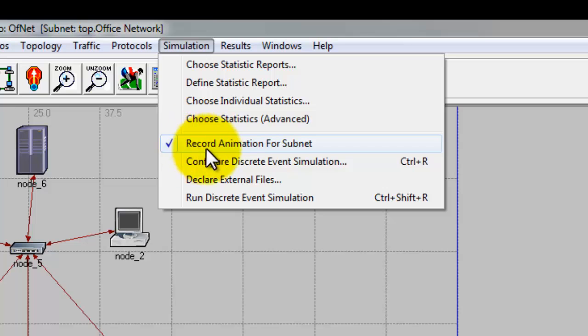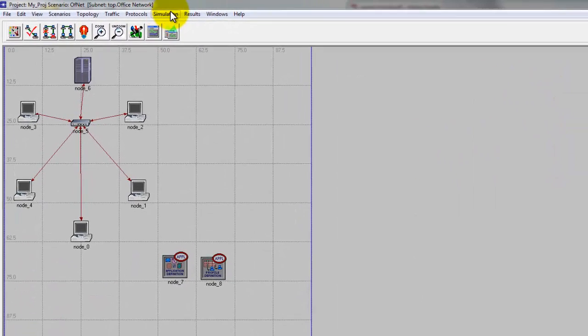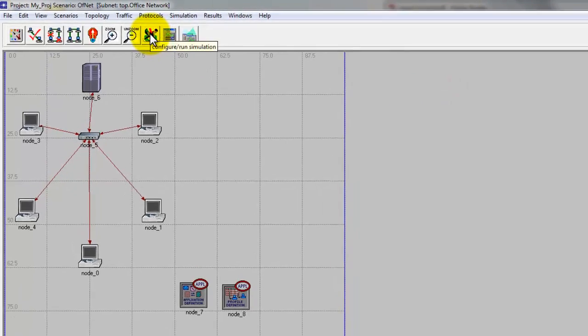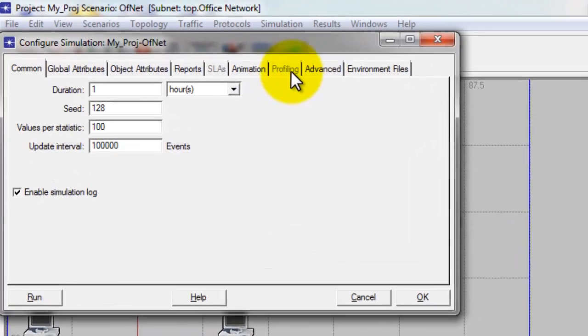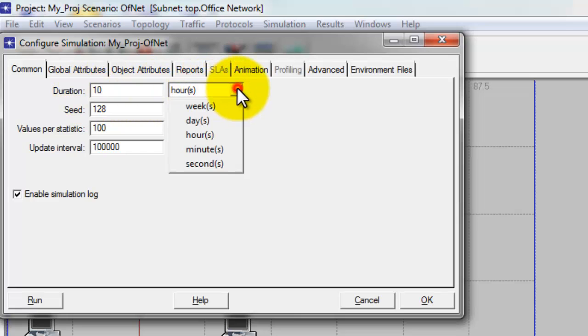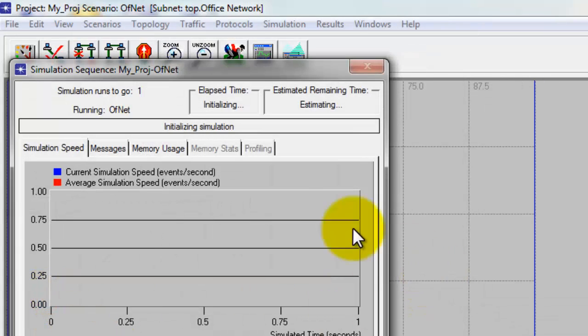So we have checked this option over here. After checking this option, you need to run the simulation for the duration of 10 minutes and then click on run.